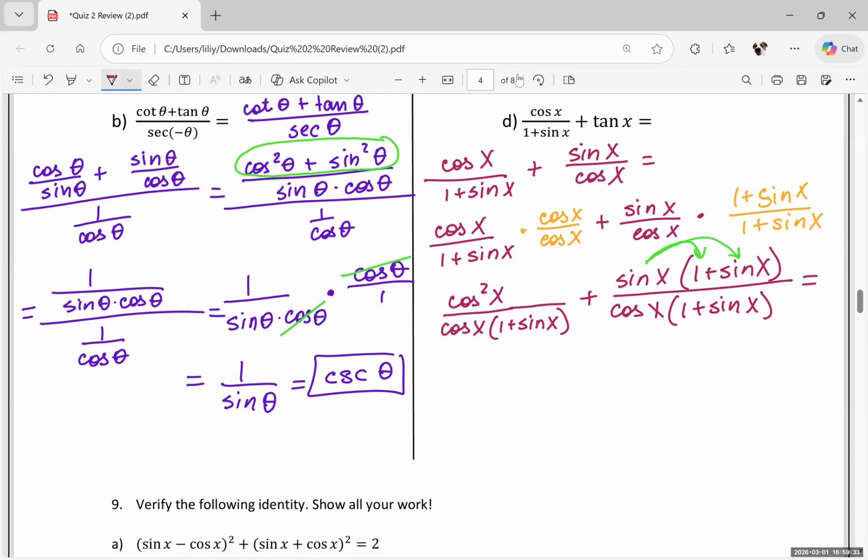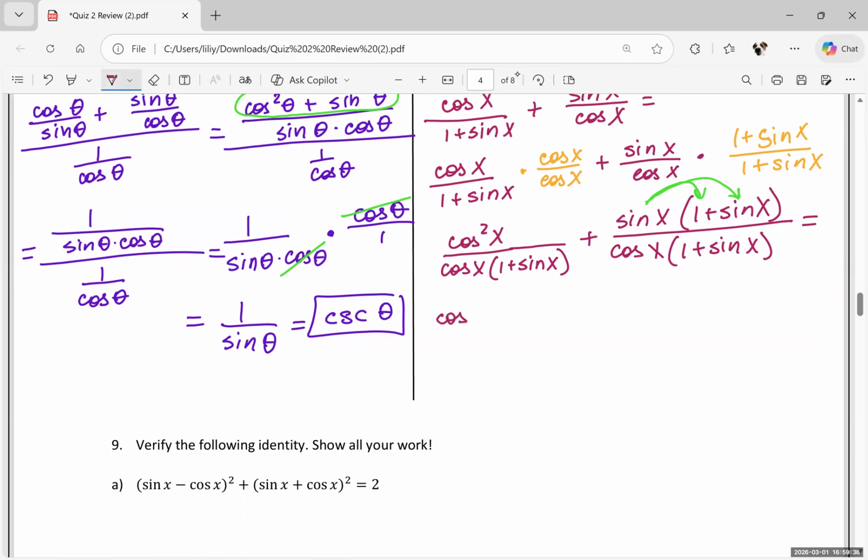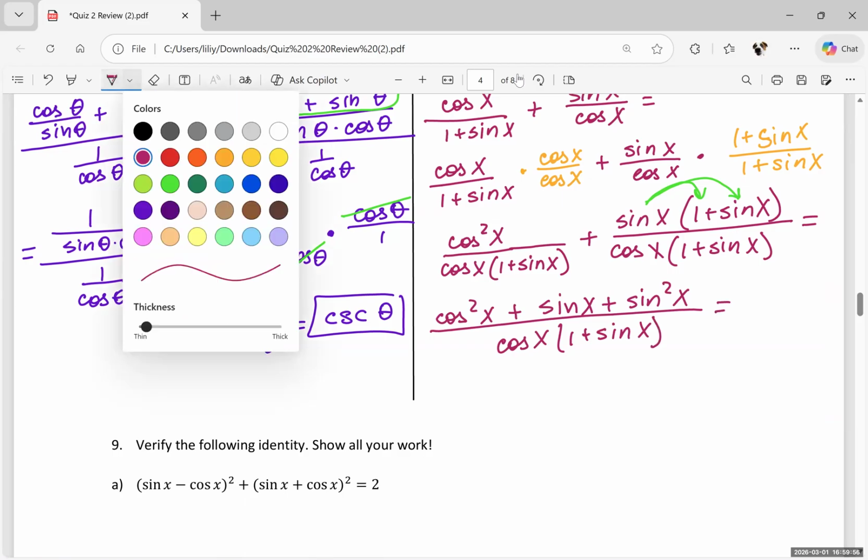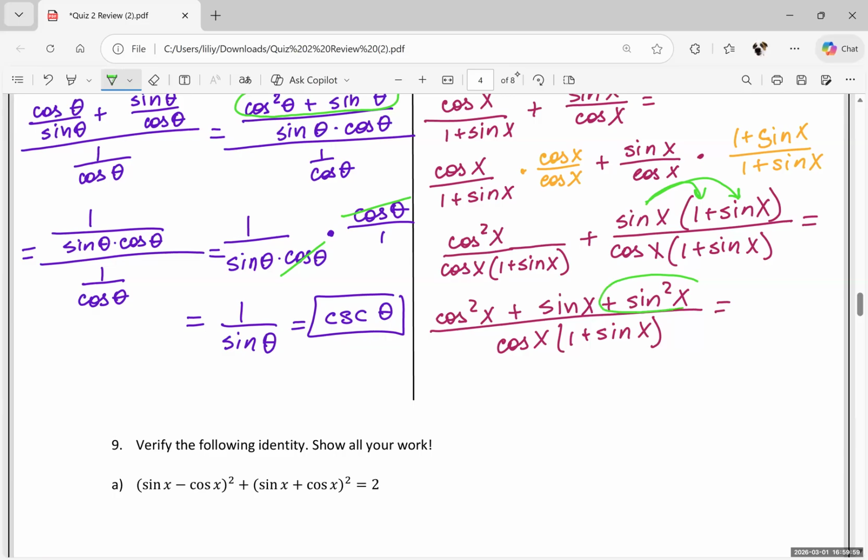So a couple of algebra steps all in one. So we have cosine squared x plus sine x times 1, that's just sine x, plus sine x times sine x is sine squared x, and then the denominator, cosine x times (1 plus sine x). Okay, I'm hoping that by this point you recognize that cosine squared x plus sine squared x is just 1. So this is 1 plus sine x divided by cosine x times (1 plus sine x)